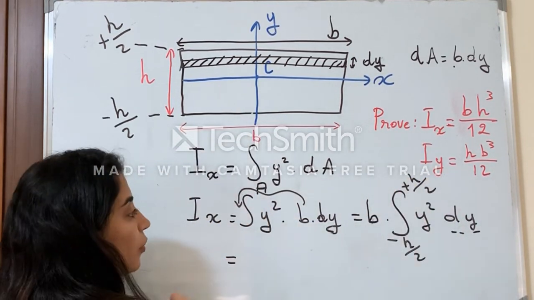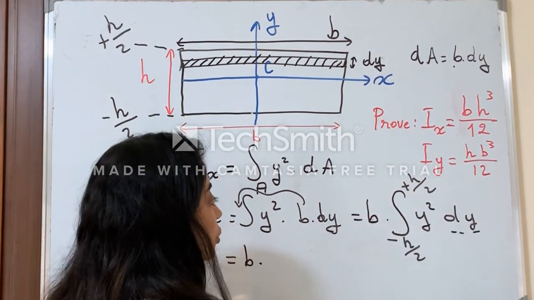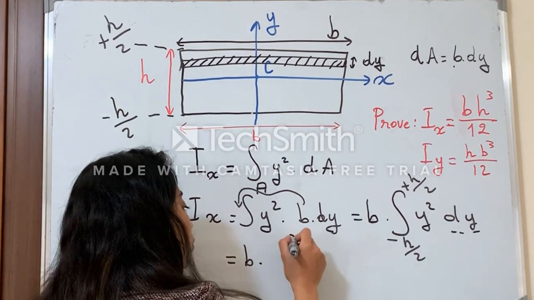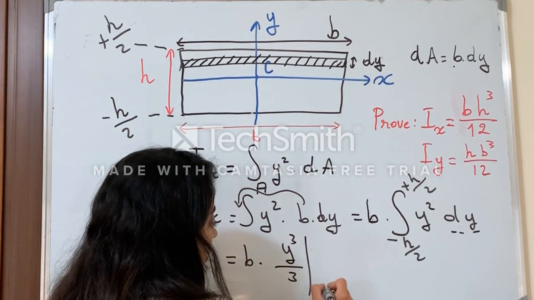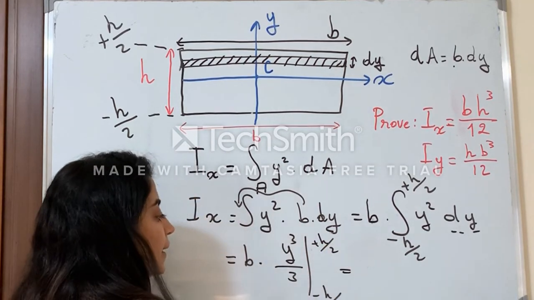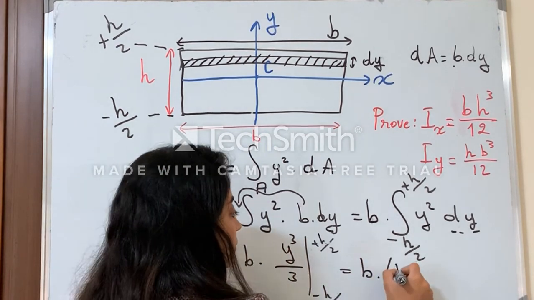Since b is constant, the integration of y squared dy between minus h over 2 and plus h over 2 is y cubed over 3 between minus h over 2 and plus h over 2, and this is basically equal to b